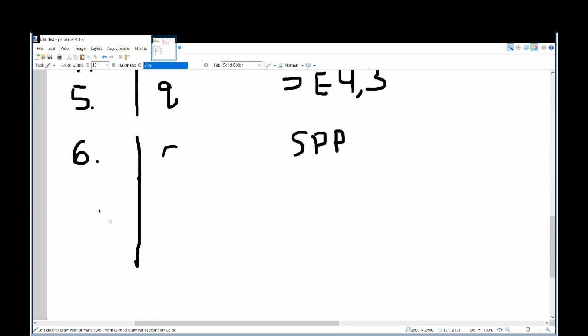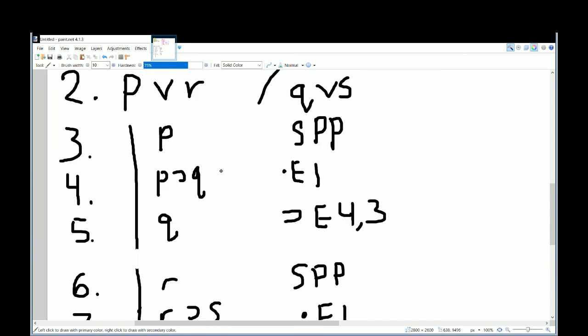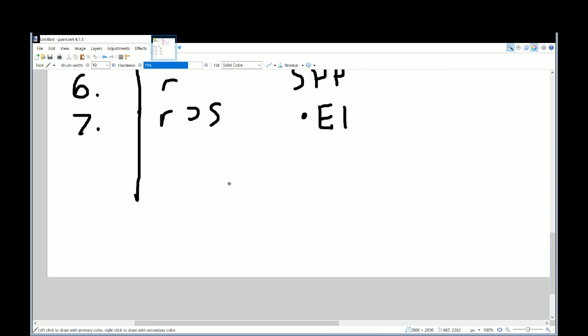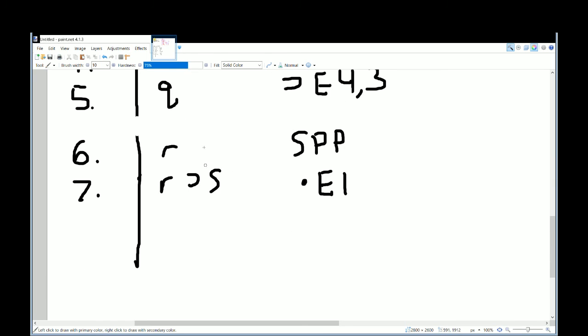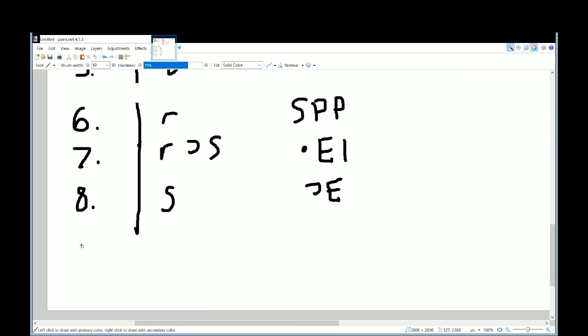So let's say you have R. And so bring this down a bit. And we're going to do conjunction elimination on line 1, and that'll give us R, then S. I think that's what it was, right? R then S. Yeah, R then S. And so if you have R then S under this subproof premise, then 8, you can do conditional elimination and get S. And now, step 9,